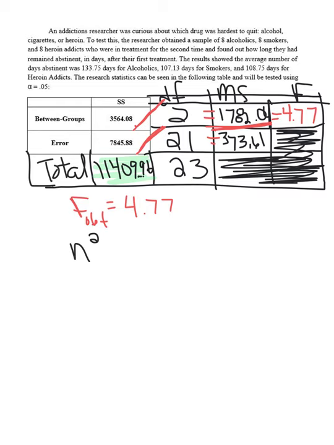Okay, got it. So our eta squared, which is our effect size, is going to take our sums of squares between groups and divide it by sums of squares total. That's why it's important that you get both. So you're basically taking this number here and dividing it by this number here, the top by the bottom. So we end up with